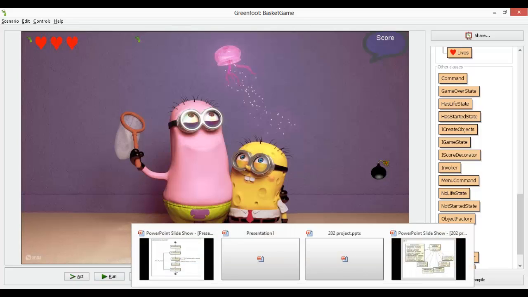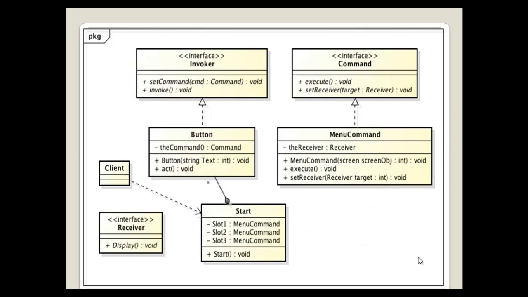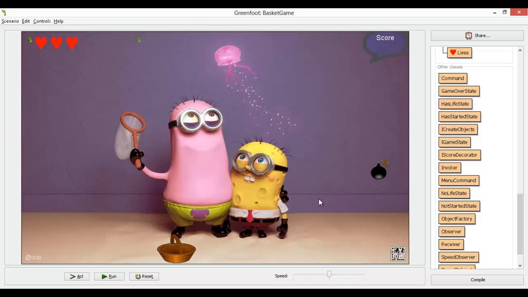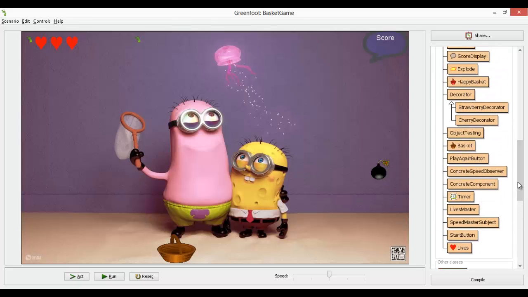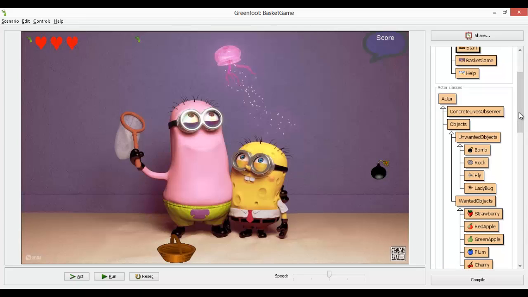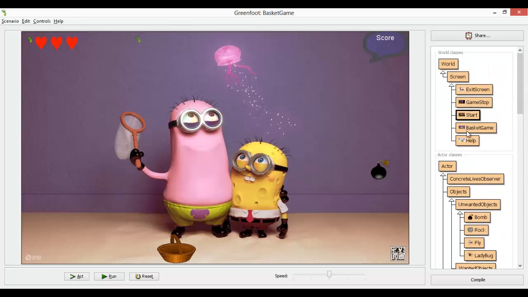The next pattern that we have implemented for our project is the command pattern. The command pattern is basically for swapping between the screens. As you have seen in the game, we are now in the game screen, but when I lose life I go to